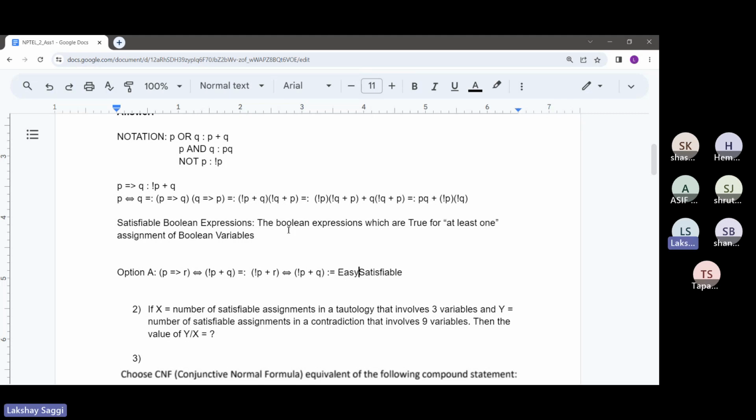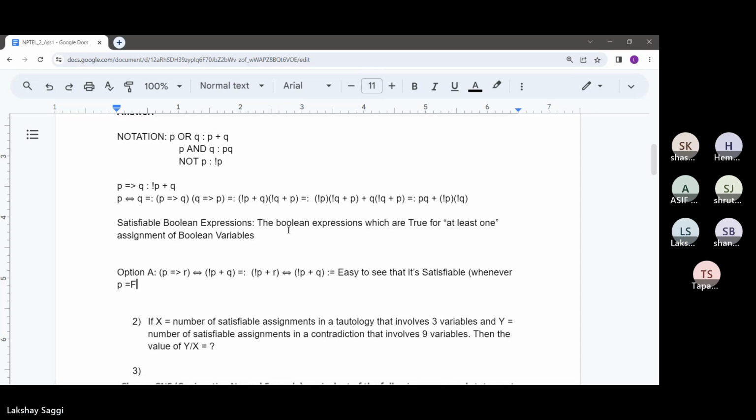Easy to see that it's satisfiable. And when is it satisfiable? At least for this case, whenever P is false, okay,